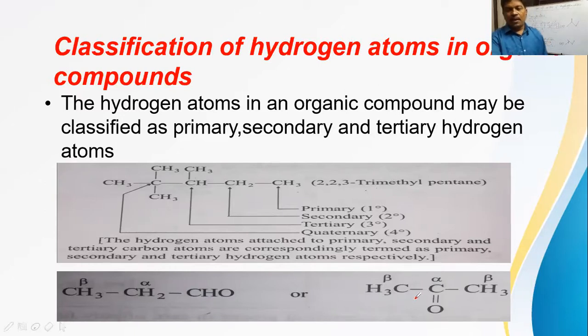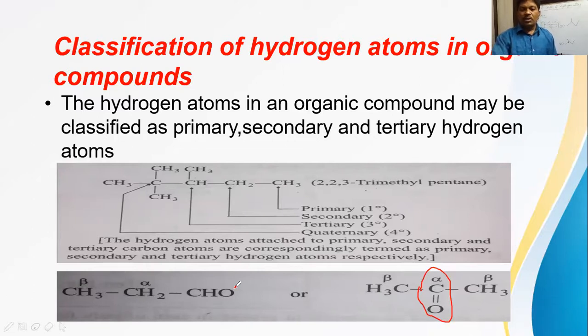Next, in this example, a C=O bond. This group is what? Ketone group. The C=O bond is the ketone functional group. This functional group carbon is given as alpha here in this case. Here this CHO carbon is not allotted alpha, remember. The CHO is a chain terminating functional group, we say. A chain terminating functional group is nothing but a functional group which contains carbon and is possible to be present at the end of the chain. If CHO is possible to be present at the end of the chain, that can be taken as a chain terminating functional group here.